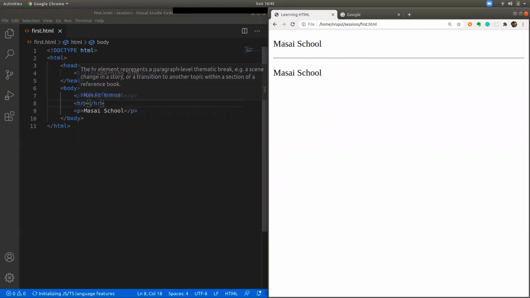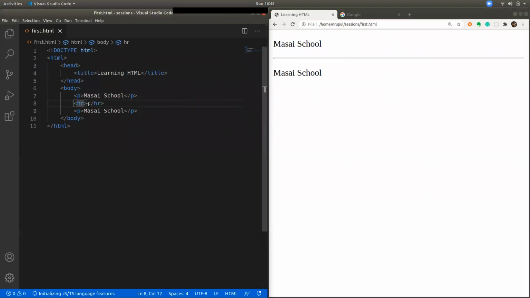Again, in this scenario there is no content inside it. So for this scenario also, you can use the self-closing tag in this fashion. It's like the short notation: instead of writing the opening and closing tag, you can write it as a single tag, which means it starts and closes here itself.